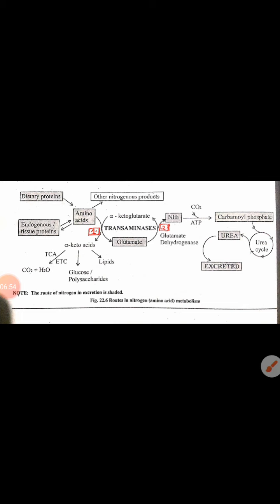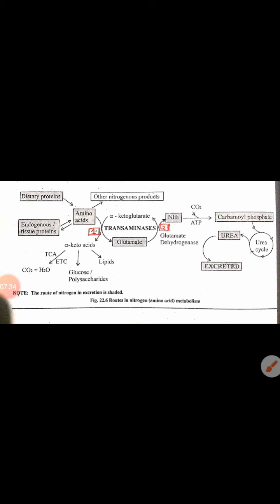Before dealing with the principle of amino acid metabolism, you will have to know a few things. Point number 1. Proteins are biomolecules. They are digested to form amino acids. Amino acids are the building blocks of proteins. Point 2. Proteins are normally not involved in the oxidation for energy. Carbohydrates serve as energy. If there is no carbohydrate, a little amount of protein is utilized for energy production, that too by the oxidation process.